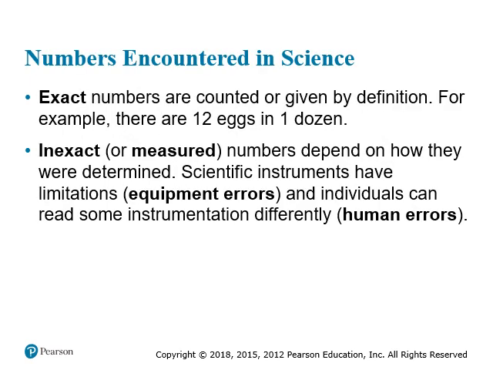Now, there are two types of numbers that we're going to encounter in science. There are exact numbers and inexact numbers. Exact numbers are counts. For example, if I asked how many people there are on my roster, then I would count 1 person, 2 person, 3 person, 4 person. That is an exact value. An inexact value is derived from a measurement.